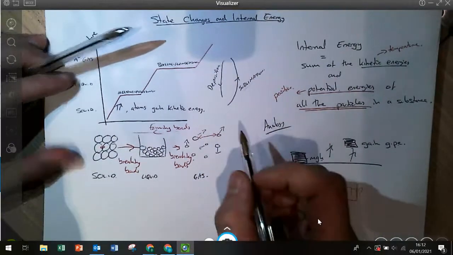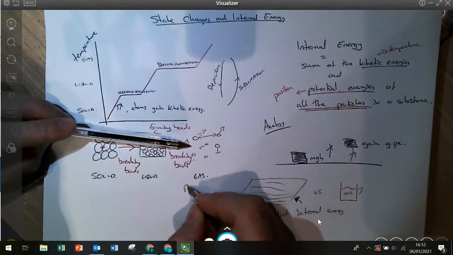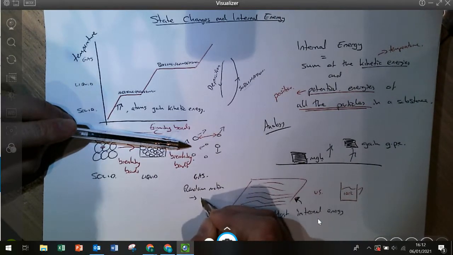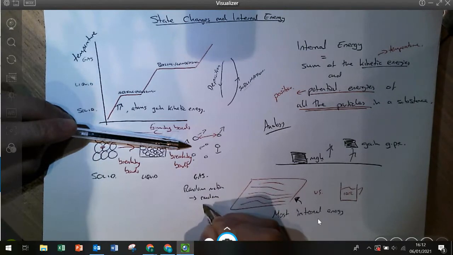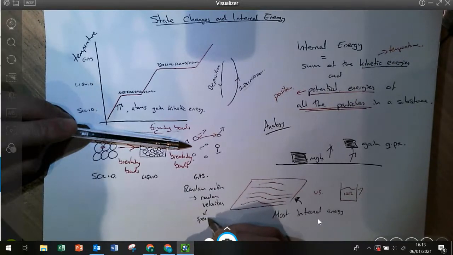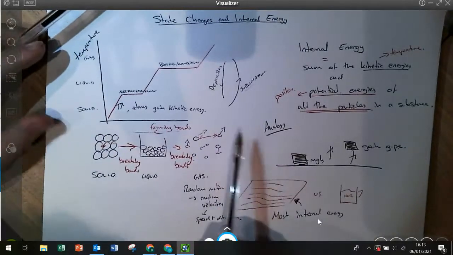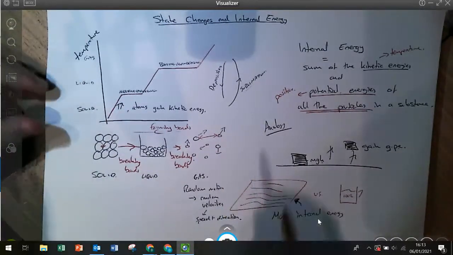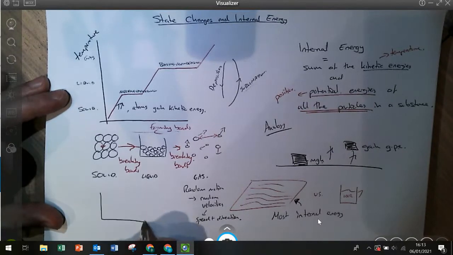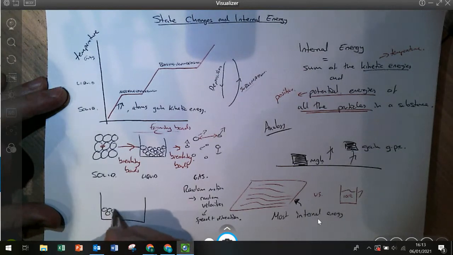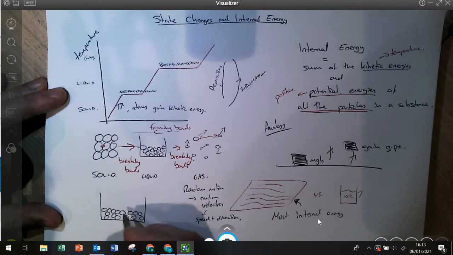And a gas, we have random motion. And when we say random motion in a gas, what we really mean is a random distribution of velocities, which means speed and direction. That's usually quite important, that the speeds have a distribution and the directions are all over the place. And then we can, if we want to extend students' knowledge, and this does sometimes come from exam questions, talk a little bit more in detail about